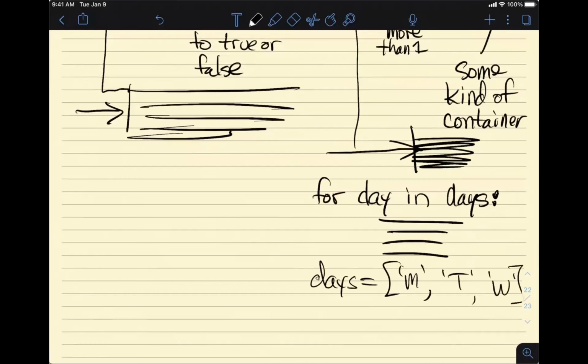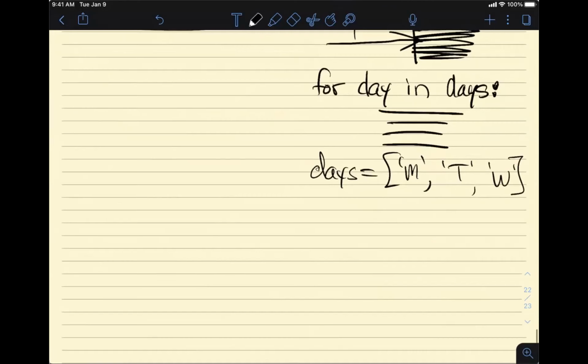Okay. Now, an example of a for loop that gives you two variables, more than one, I should say, would be for, let's say, index, comma, value. So now I'm getting two variables that will change in every loop, in enumerate days.